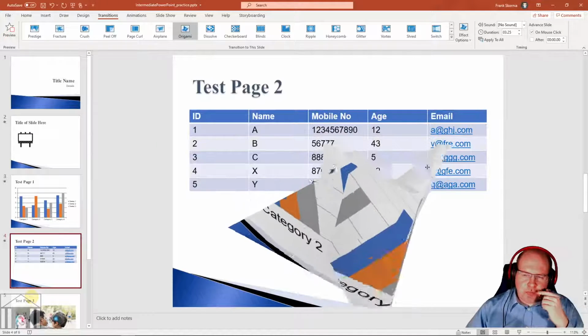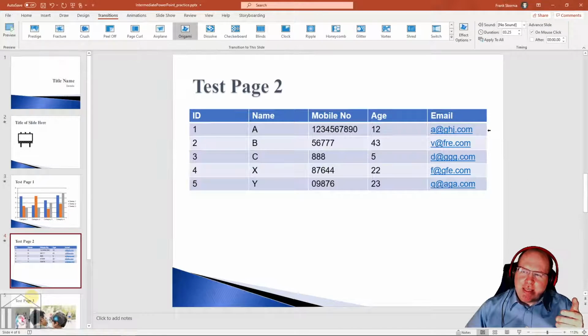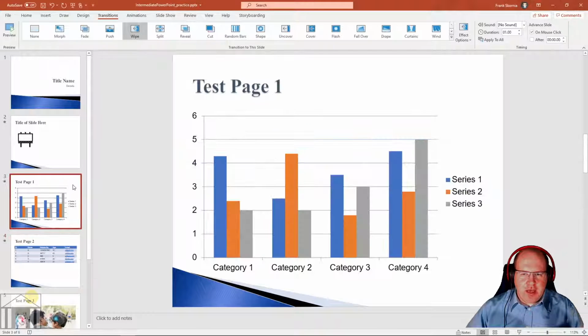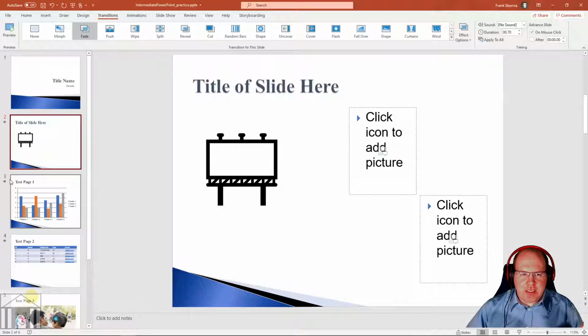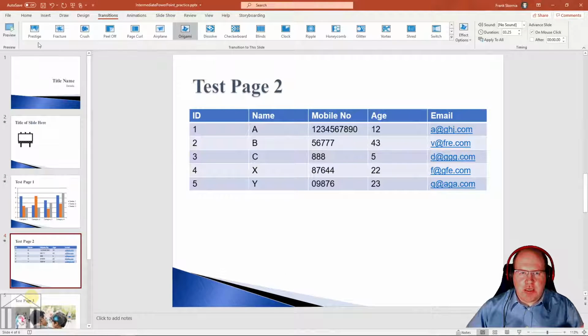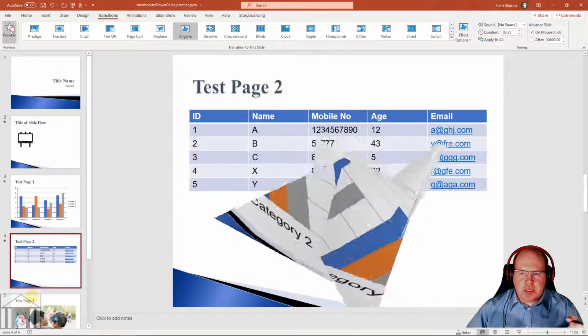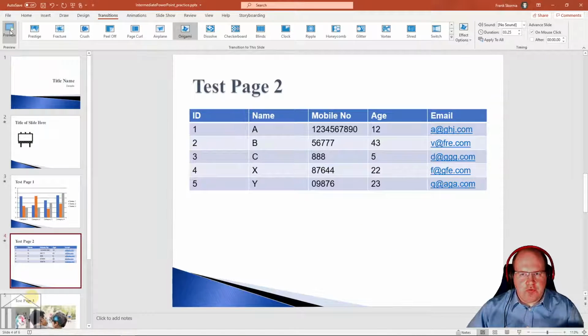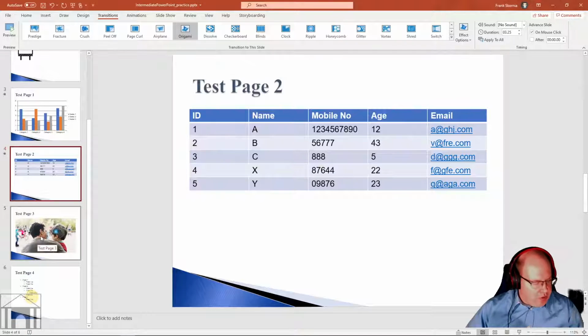Origami. And so you can see what it does. You can see it's much more animated. It's much more distracting than what we see with that wipe versus this, which is very drastic, and in some ways I think a distracting transition, but it's fun. That's why it's there. And then finally between 4 and 5,